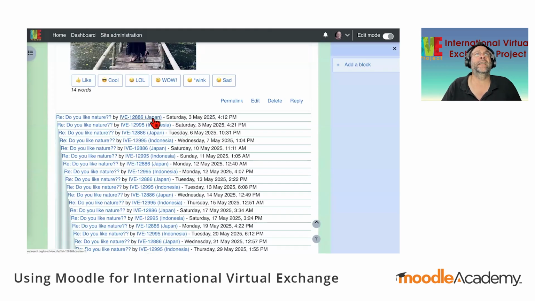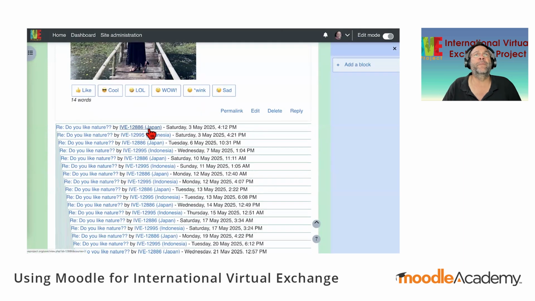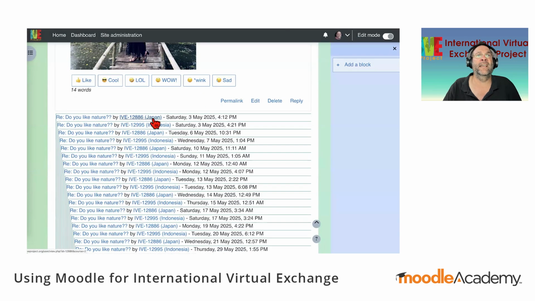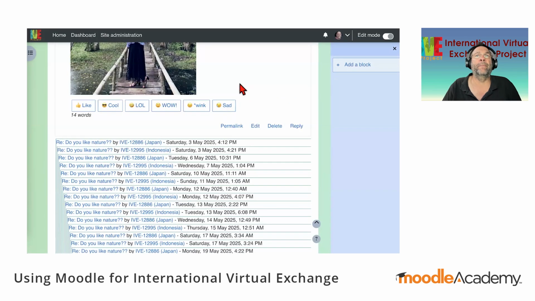Okay, so here's the initial post. This student from Japan has replied to that initial post. So that's a level 1 engagement. Now, you would think that posting is a level 1 engagement, but actually the Indonesian student who posted here, their first level 1 engagement is that post.